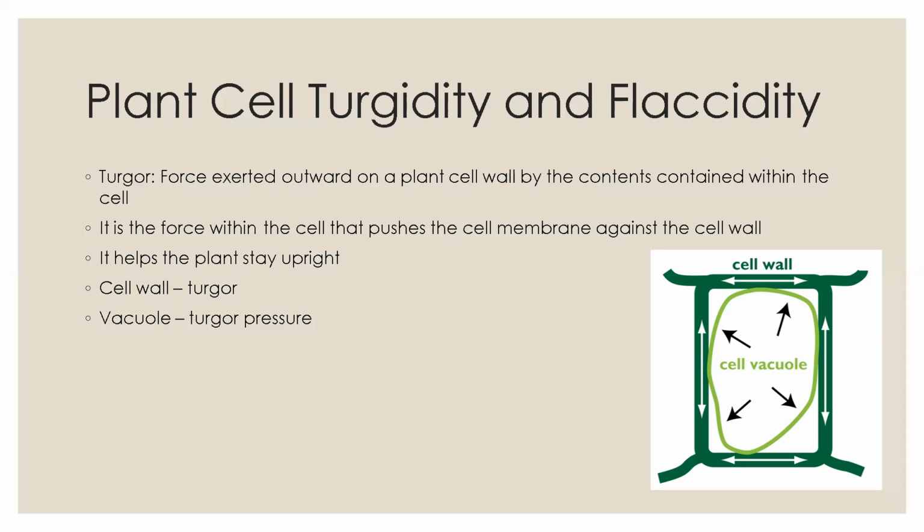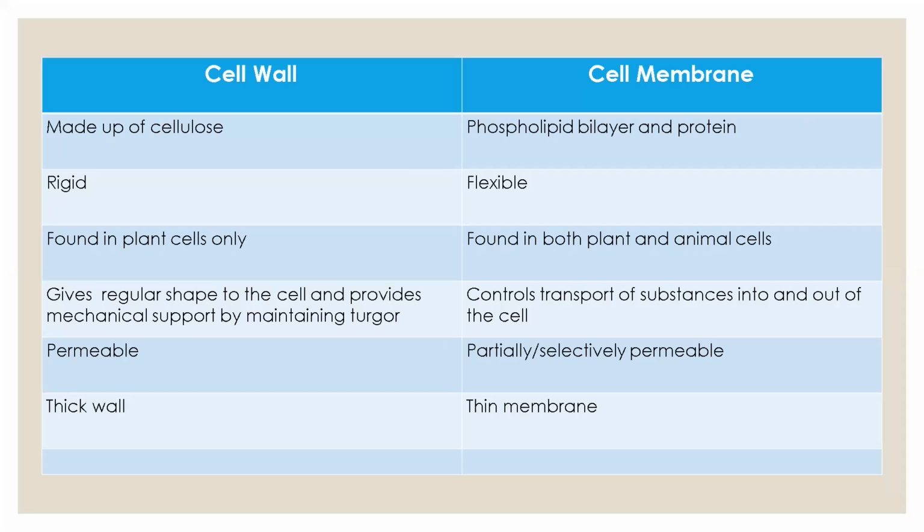Okay, and it helps the plant to stay upright. So the cell wall maintains turgor and the vacuole maintains turgor pressure. Let's see the differences between cell wall and cell membrane. So the cell wall is made up of cellulose, which is a carbohydrate, and the cell membrane is made of